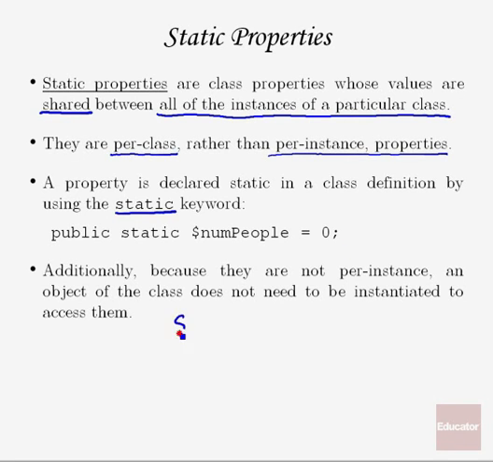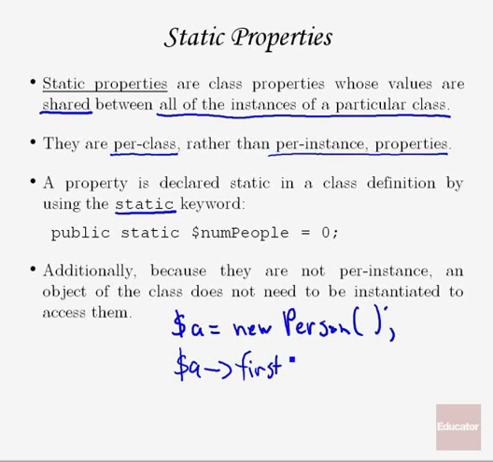Normally, for example, let's say we have a person class and it had a property first name. Well, to access that first name property, we would write something like this. And this is a reference to an instance, to this instance of the person object that was created. And that's why it's actually called an instance variable, because this copy of first name is specific to this